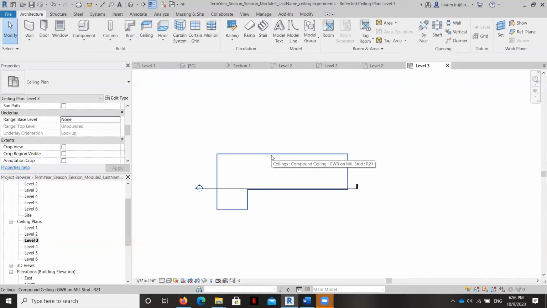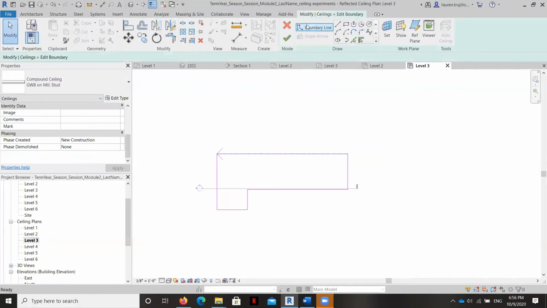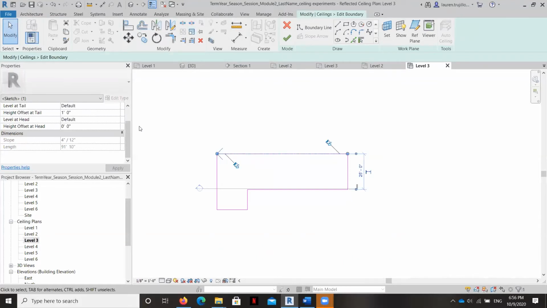So let's just say that we wanted to create a vaulted ceiling. You can select it here and hit edit boundary, and it's revealing here, see this arrow, and that's the slope arrow. So if I click on that, I can say, well, the level at the tail is default, offset at tail, let's say we make that 10 feet.